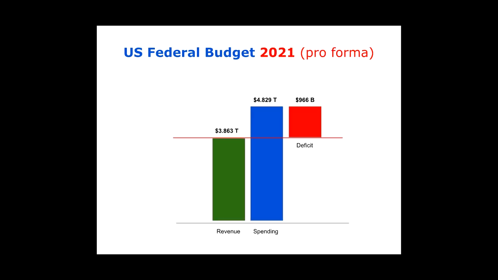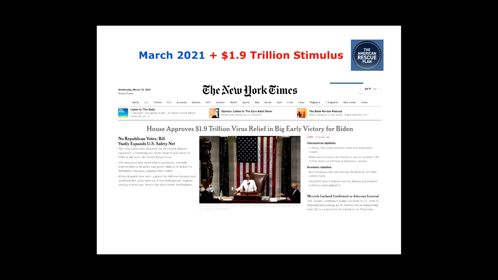And so as we went into 2021, we went through the budget process again for the following year, and we see we're planning on going back to normal, if you might call that normal, another $1 trillion deficit, spending $4.8 trillion, bringing in $3.8 trillion. And what happened? Well, 2021 turned out to be another year where the pandemic didn't go away.